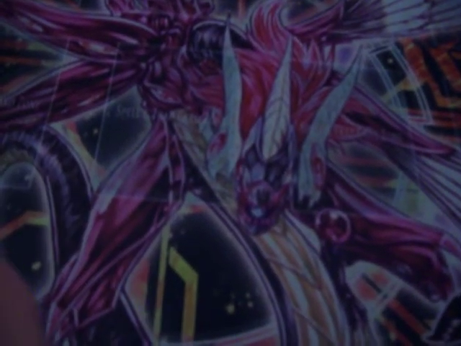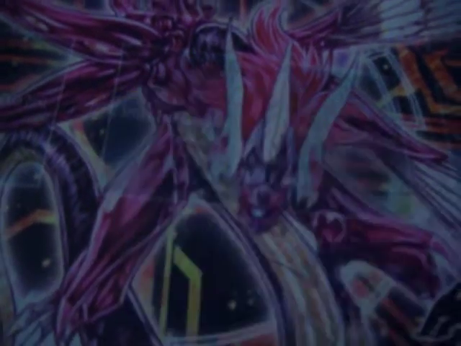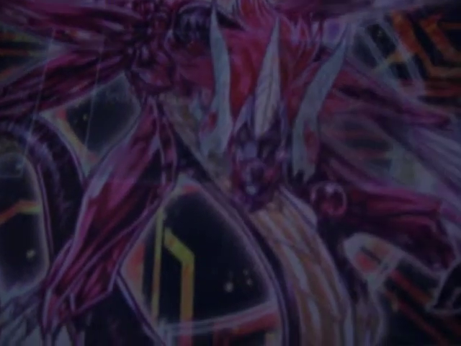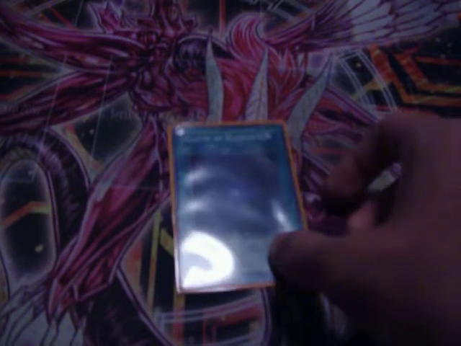Again, it's about dumping. They mainly support the monster lineup. Future Fusion, self-explanatory, and dragons. Dumps 5 dragons. Foolish Burial, again, dumps cards, sorry about the glare. And then there's Draw Power, 1 Allure,